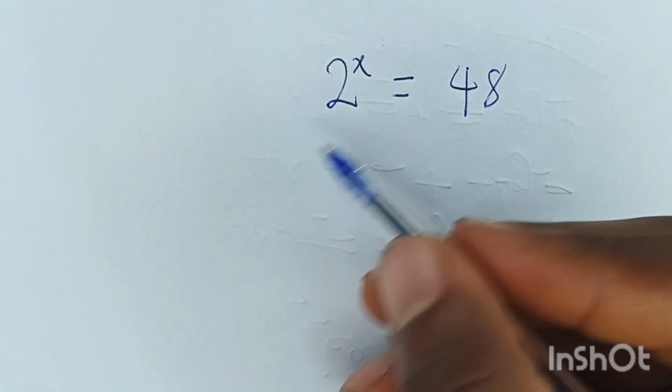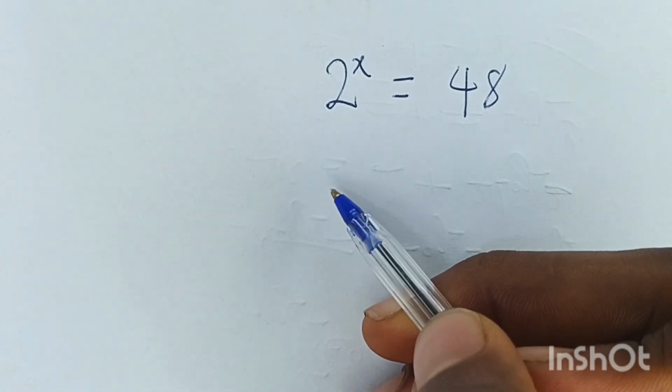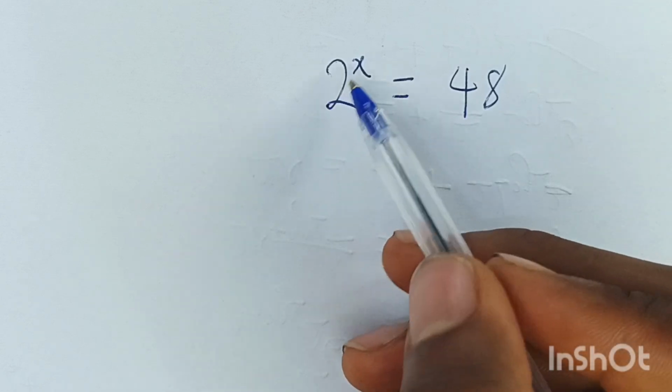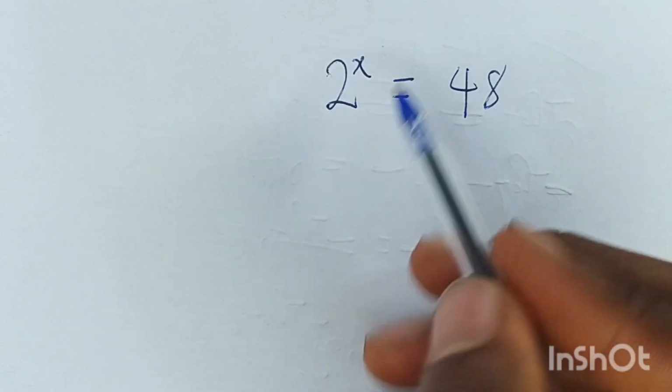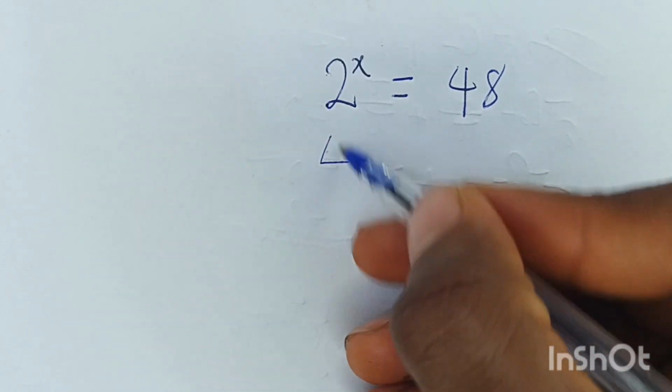Let's solve this together. It says 2 raised power x is equal to 48. Let's solve this quickly and as simply as possible. Now, looking at this question, the first thing to do here is we can say that 48 is the same